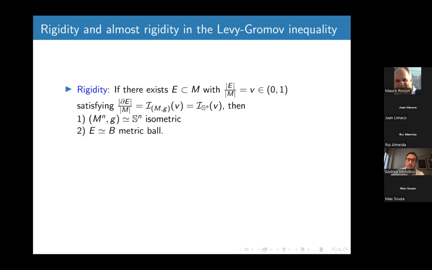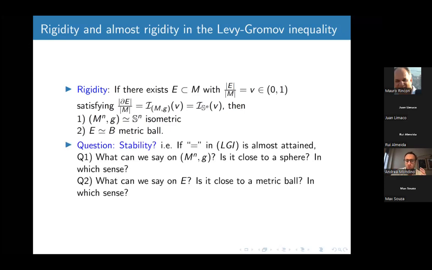And here you can see really the globality of the isoperimetric inequality. Because even if this V is very small, say V is equal to epsilon, slightly bigger than 0, even if you find a very tiny subset E of a very tiny volume epsilon, which achieves equality in the isoperimetric inequality, then globally your manifold is isometric to the round sphere. So here you already see that the isoperimetric inequality carries global information on your manifold.